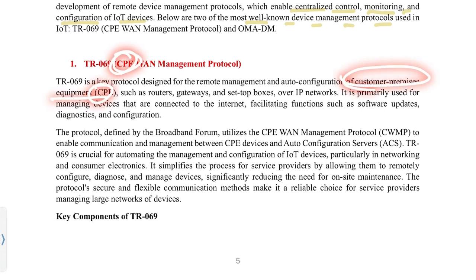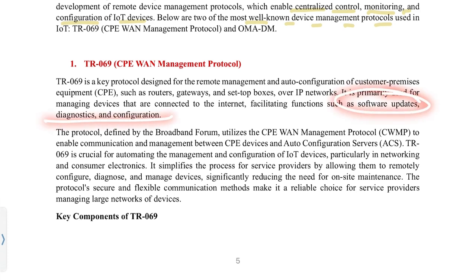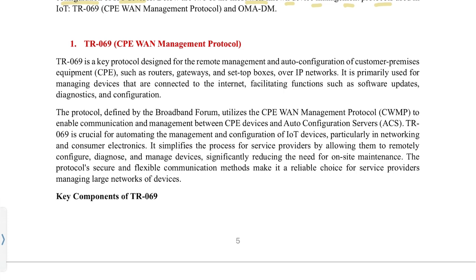That's why CPE is here. Like routers, gateways, and set-top boxes over IP networks. It is used in managing devices that are connected through the internet, and it will facilitate functions like software updates, diagnostics, and configuration also. So this protocol was defined by the Broadband Forum. It utilizes the CPE WAN Management Protocol (CWMP) to enable communication and management between the CPE devices and auto configuration